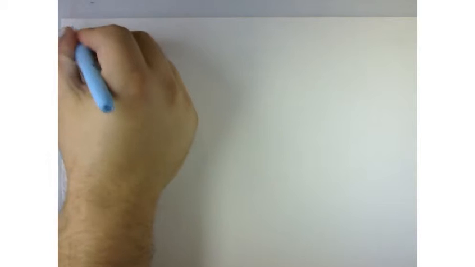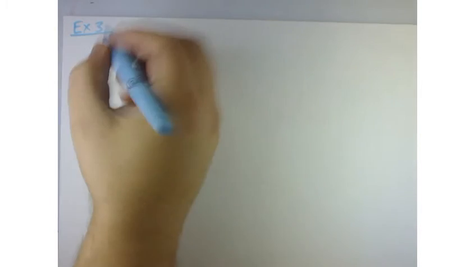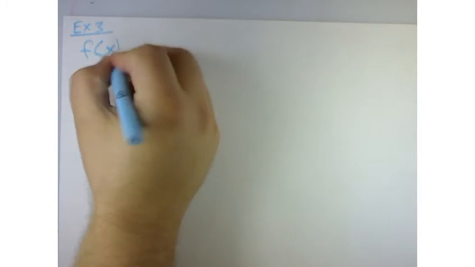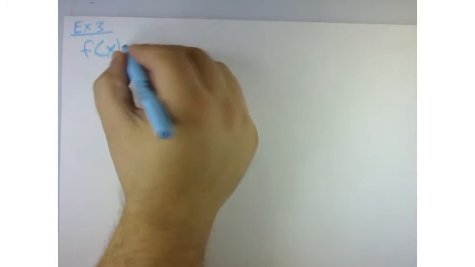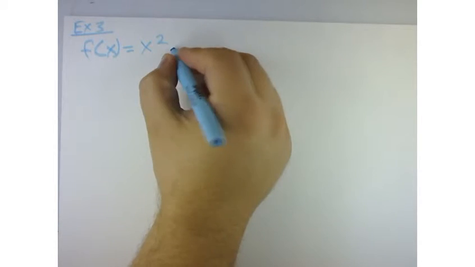A little bit more. We're going to do a composite function. So let's define some functions. If I say f of x is equal to x squared minus 1,